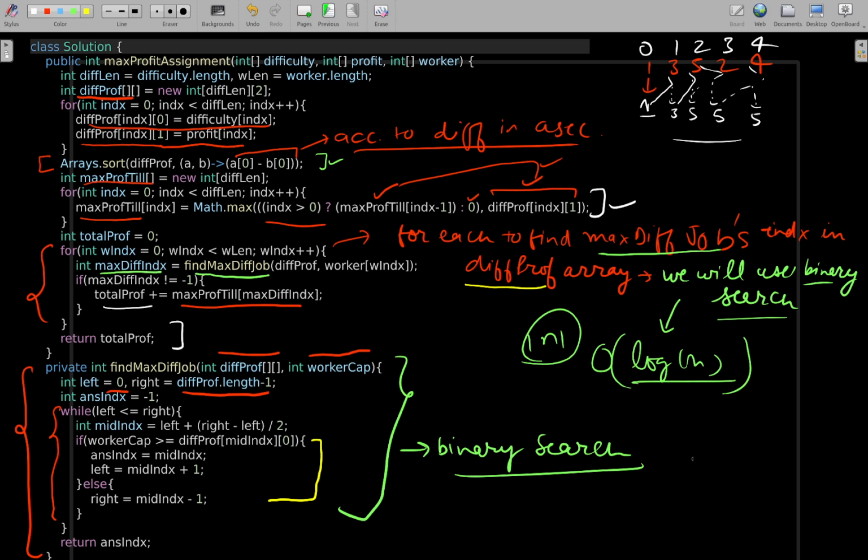So let's say between the left and right bounds, you find some middle point in the binary search through this step, which is the standard binary search. Then if the difficulty at this point is less than or equal to the worker capacity,